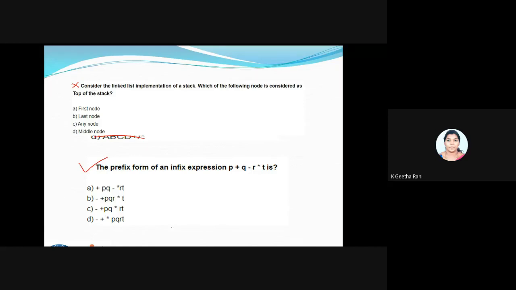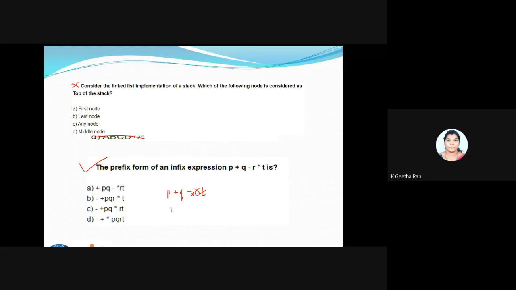We will see how it works in a short way. Like P plus Q, I'll be writing in a shorter way. So P plus Q minus. First is my multiplication, so I'll be writing star R T. Then I'll be doing my plus and minus.